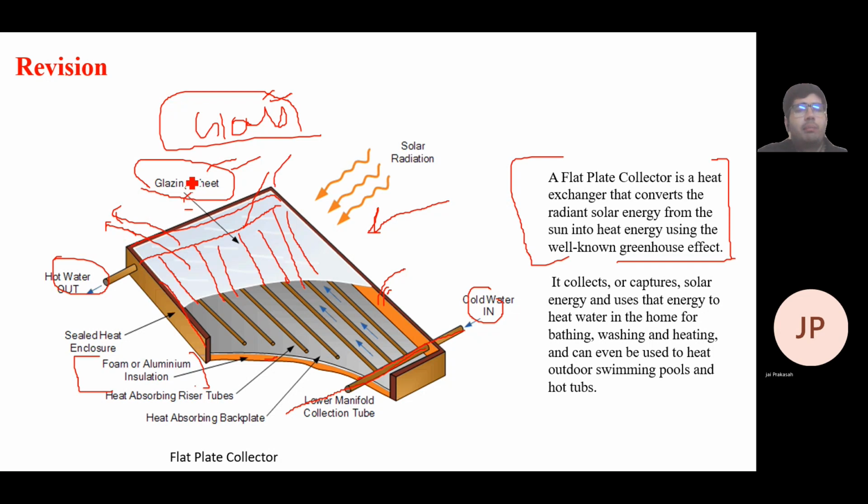So you can see this is the chamber. There is some distance between the base plate, tubes and the top glazing sheet. In that space there is a vacuum, you can say an airlock. That will trap the solar heat, because the reflected radiation is in the infrared spectrum, and the glass is opaque to the infrared spectrum.